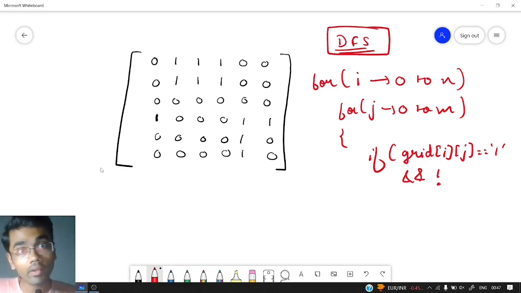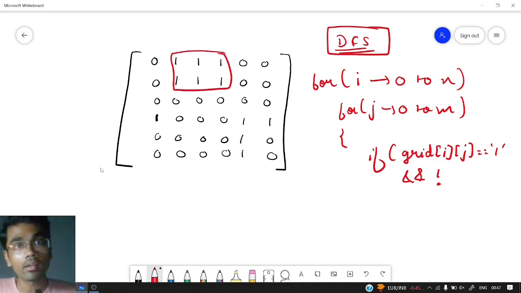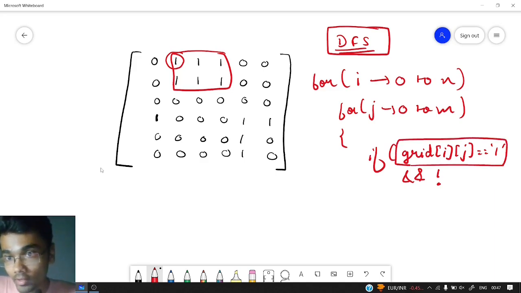we will maintain one visited set. Obviously we don't want to count this island again and again, that will run into an infinite loop. So we need to find a one which has not been visited till now. So we need to find this particular one which is not visited till now. So if grid of i comma j is equal to 1 and not visited of i comma j,